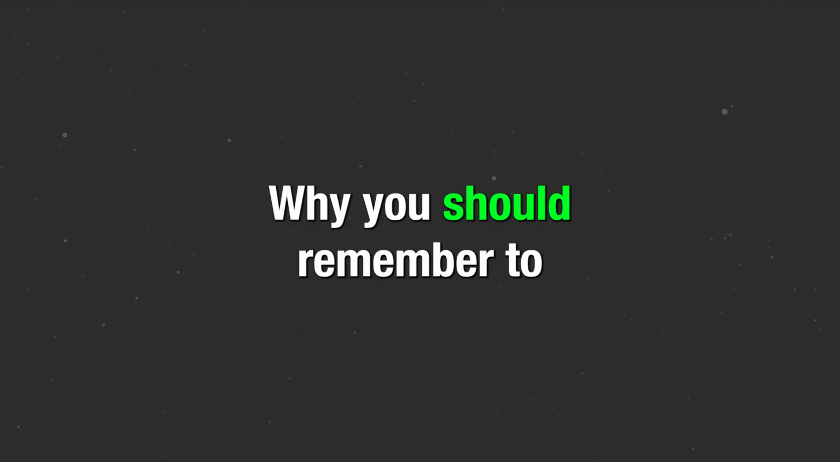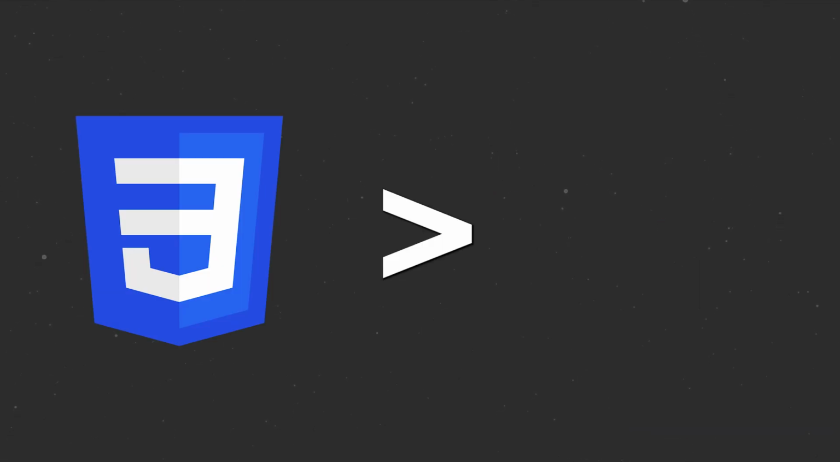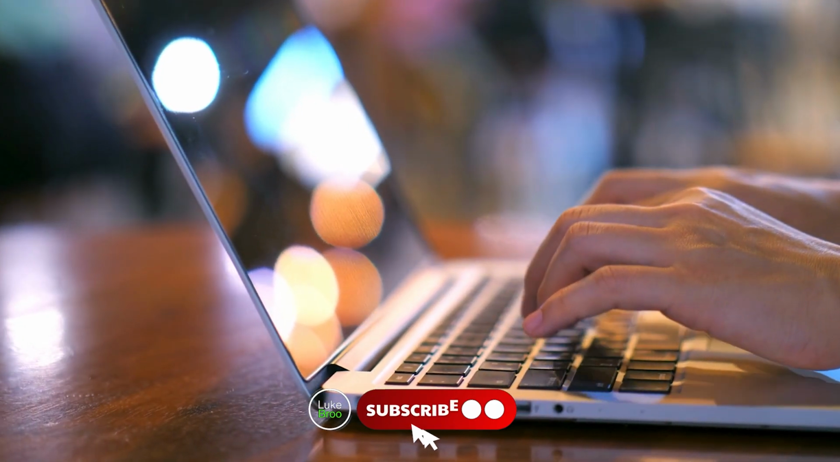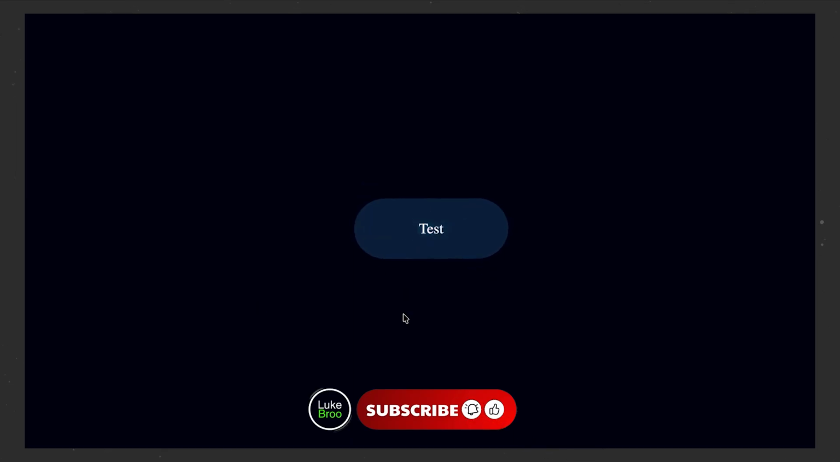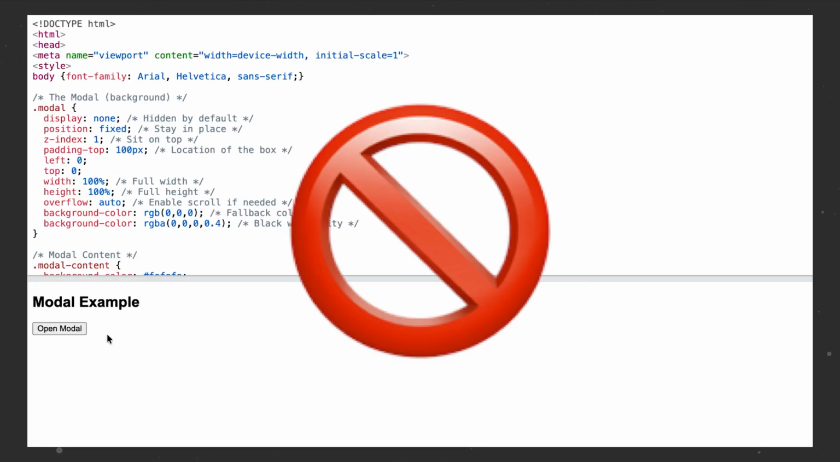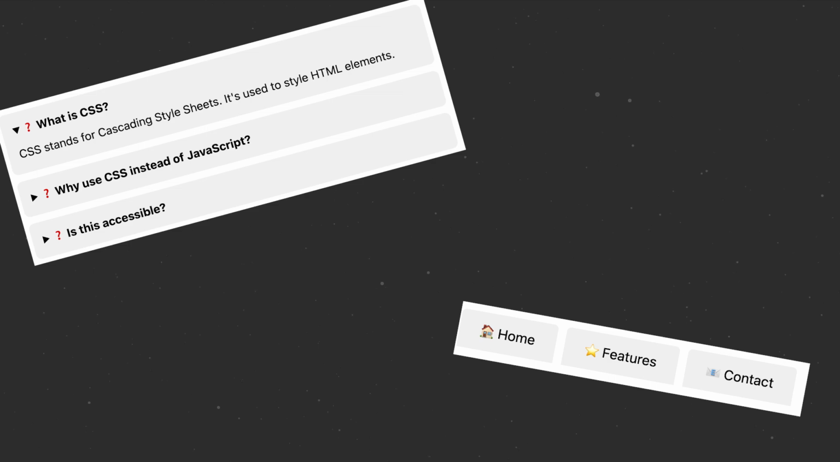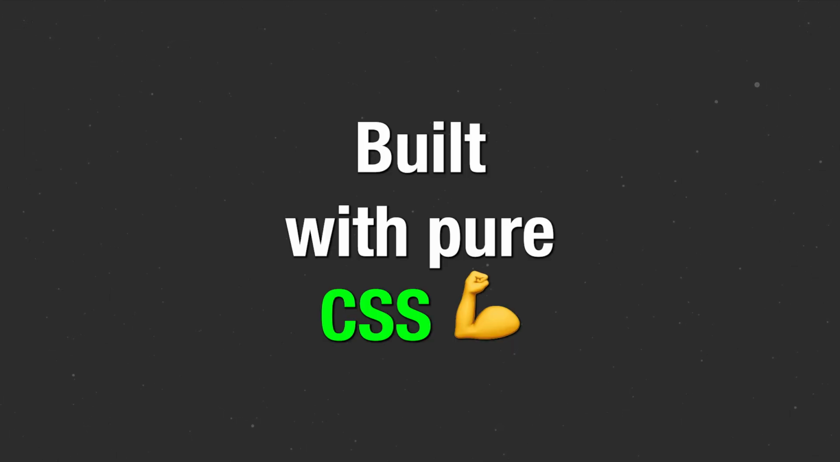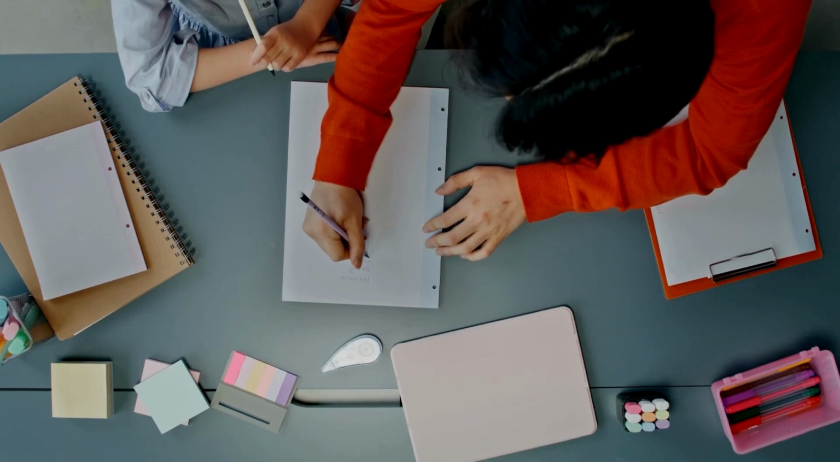Why you should remember to always consider CSS over JavaScript for UI implementations, especially in case of SEO and accessibility. For many UI interactions, developers automatically reach for JavaScript, but you might not actually need it. Accordions, tabs, drop-downs, tooltips, modals, all of these can be built with pure CSS, and that can resolve a few future